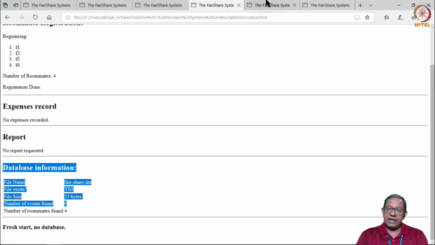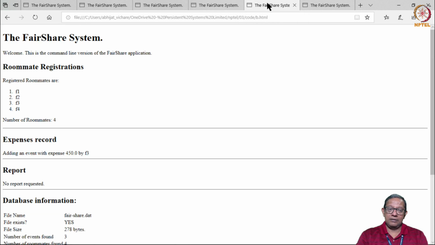If you look at the expenses part, when our program is executing the expenses mode, even then all the three sections exist: the registrations, the expenses section, and the report section. But note that over here the expenses section adds explicit information about what expense for what event has been added.